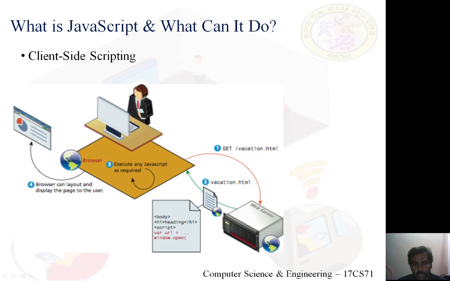The script embedded in the HTML source code is received at the client machine, and on the client machine, that is, in the browser where the page is being viewed, the JavaScript got executed. That's why we call it client-side scripting. Next,